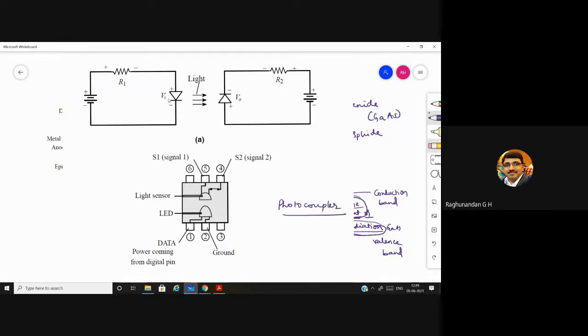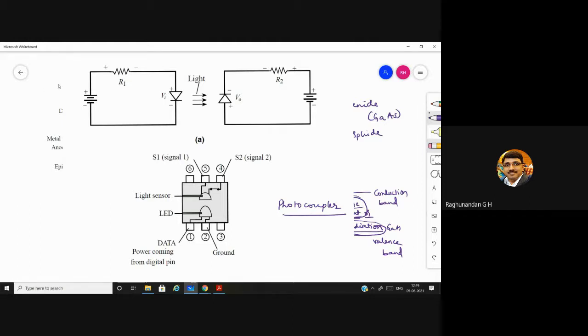See, this diode is connected like this. So can you tell me how this diode is biased, whether it is forward biased or reverse biased? Reverse bias, sir. Reverse biased. When you connect positive to positive, negative to negative, it will become reverse biased. No, forward. Forward biased. You look into this one. Negative is connected to negative, positive is connected to positive.